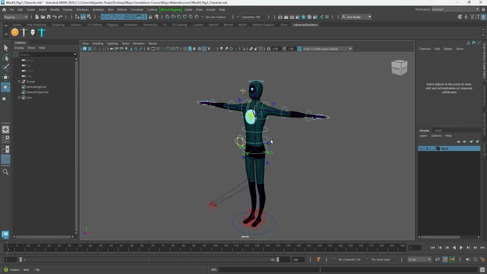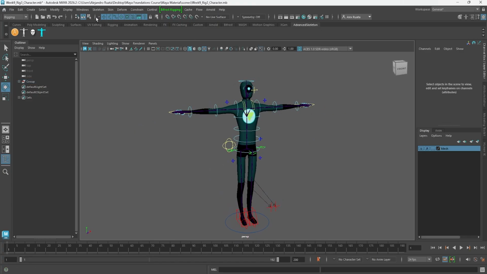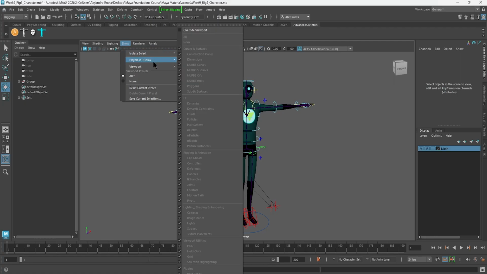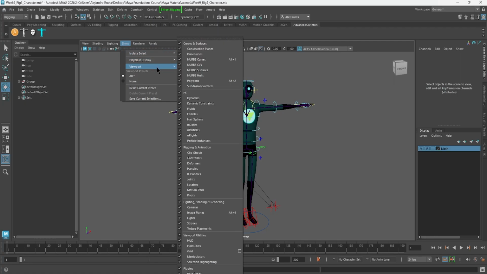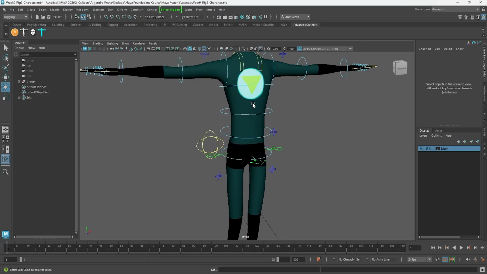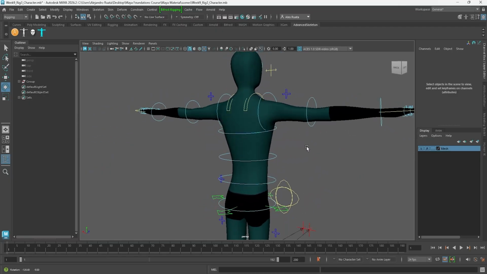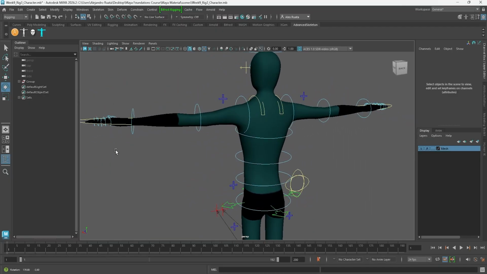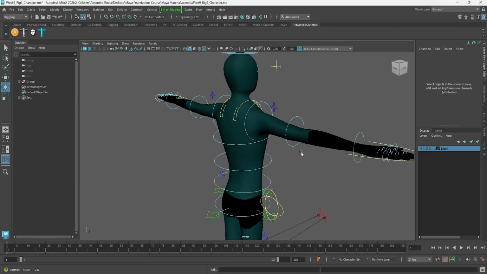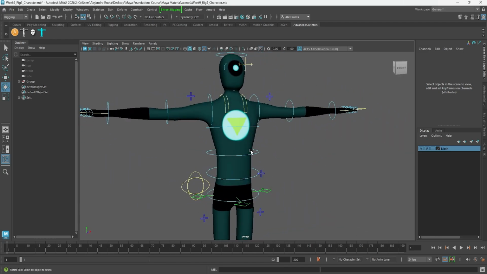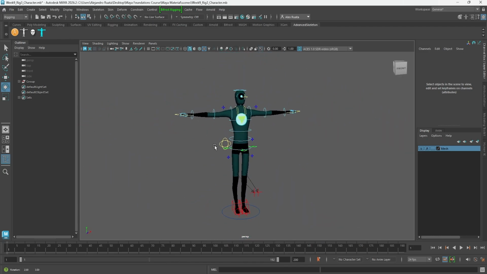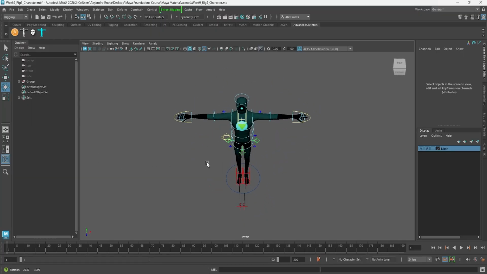Another thing, one final thing I think to finish up here, we can go under Show, and we can go to Viewport, and we can find joints and turn that off. And now you can no longer see the joints on your skeleton, just the controls. If you wanted a cleaner view of your viewport after you were done working and creating your skeleton and painting your weights and all that stuff,